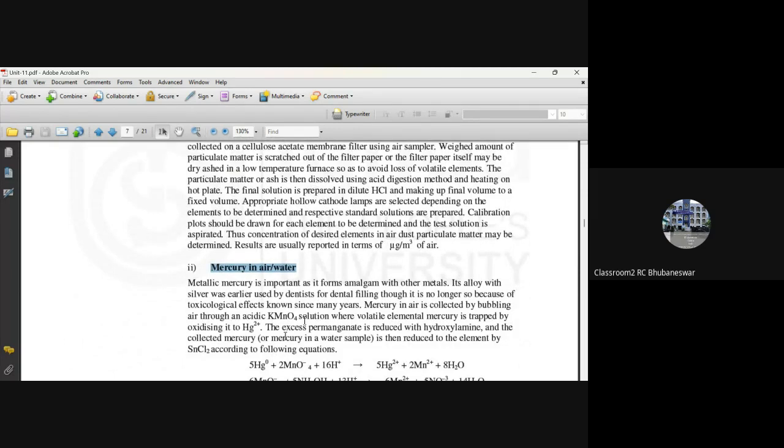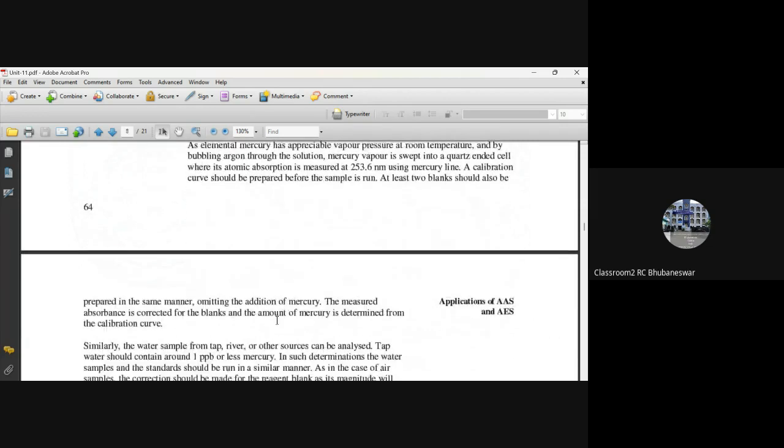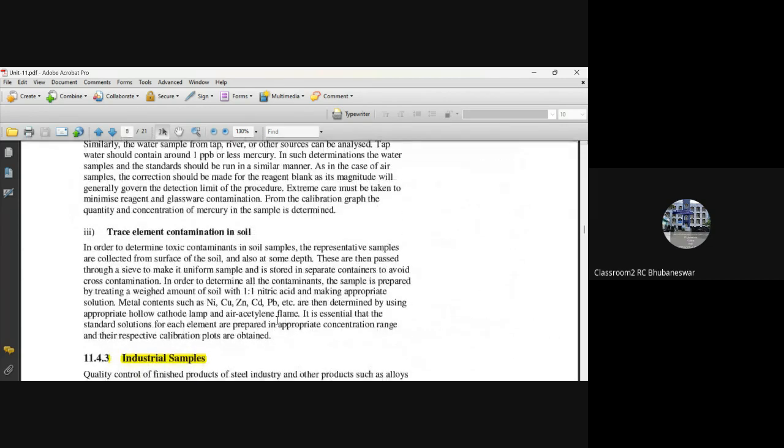But before that, you have to do some chemical treatment, then only you can take that solution for further atomic absorption spectrometry or AES. Then for trace element contamination in soil, not only can you find out the elements that are present, but indirectly we can also predict if there is contamination through